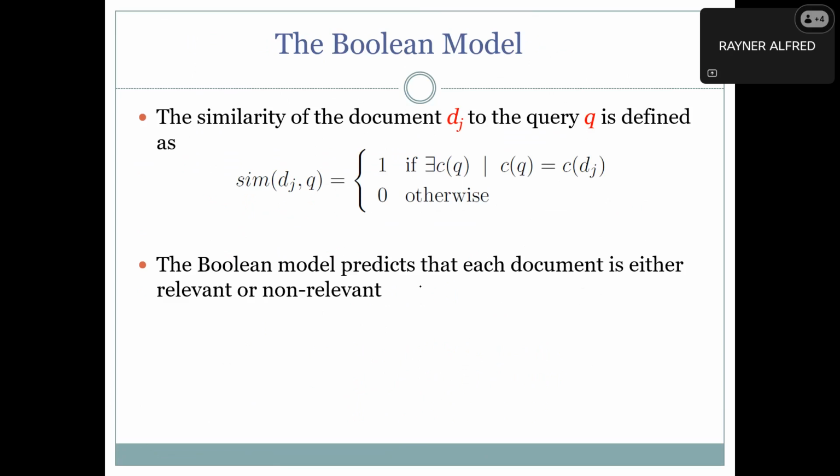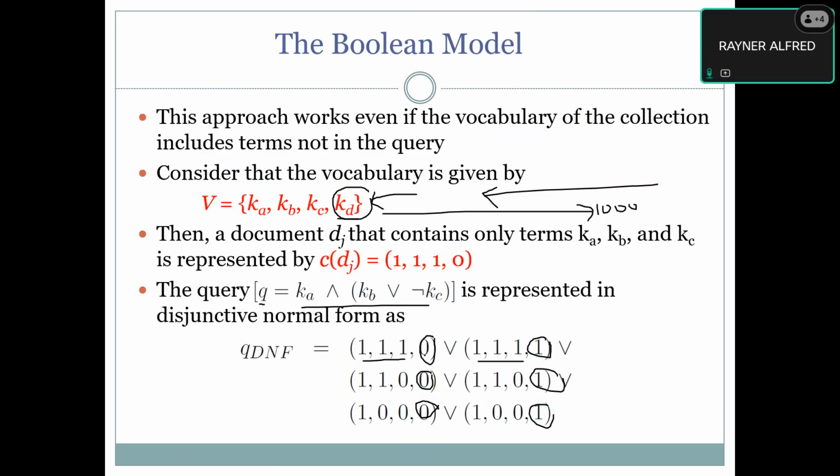So how do we measure the similarity here? We are looking at the exact matching here. So the similarity of document Dj to the query is defined as, okay, the similarity is 1 or 0. That means all the documents that consist of this pattern will have a similarity index score of 1. If they do not match,